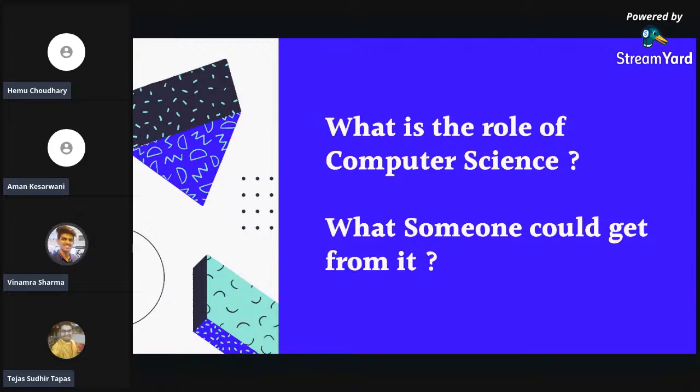So the role of computer science can't be defined into any specialization. Just keep in mind that computer science is a tool that you are using at present to make a greater foundation for your future. Computer science is a tool that is used to solve various problems. So this is like an overglimpse of computer science.